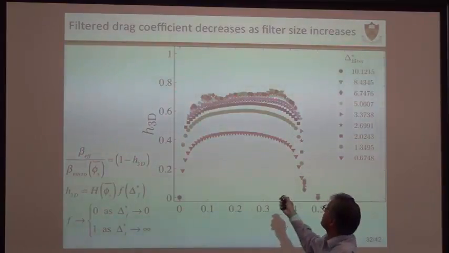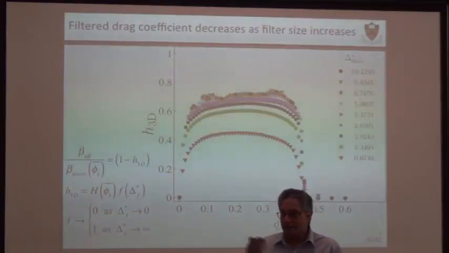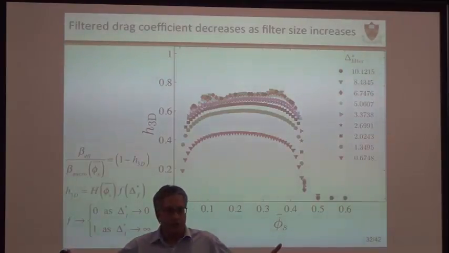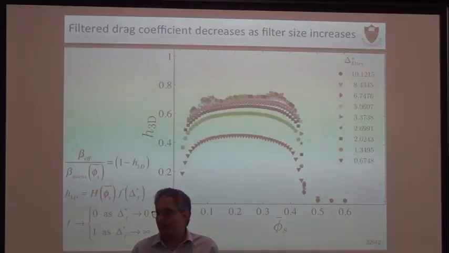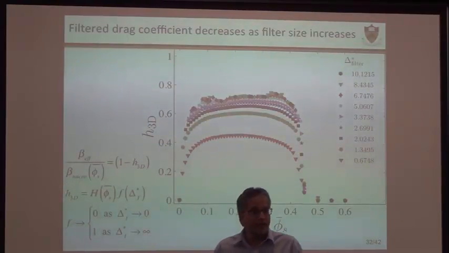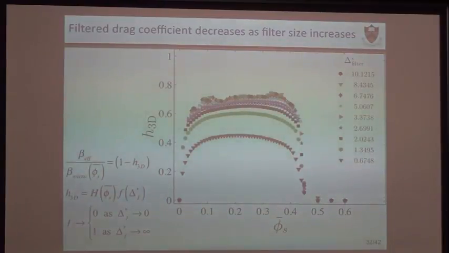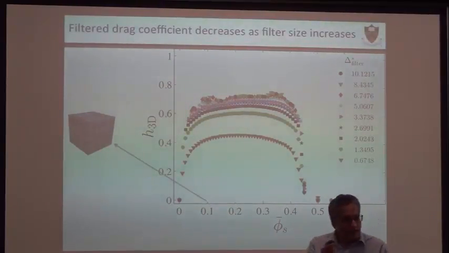All I want you to see is that the numbers can get as high as 0.8, which means that real systems can have only 20% of the drag by the time you go to the big bang. That's why you are able to operate at 3 times the terminal velocity and still not blow the particles out. That's simple. So we can provide an explanation as to why these industrial reactors are operating without being blown out of the ventilators. To do this, we are indeed doing 3D simulation as I told you before.